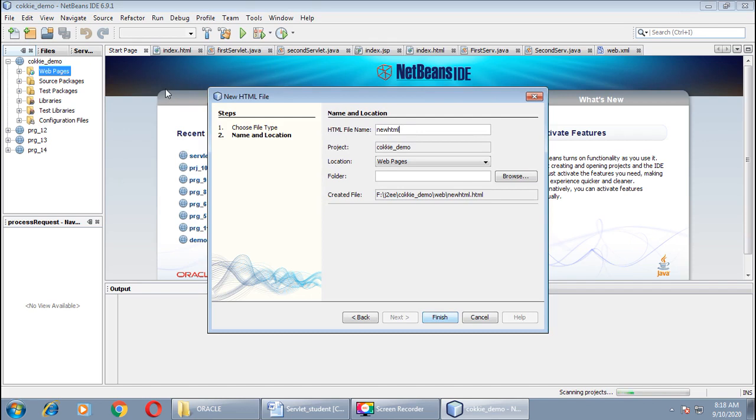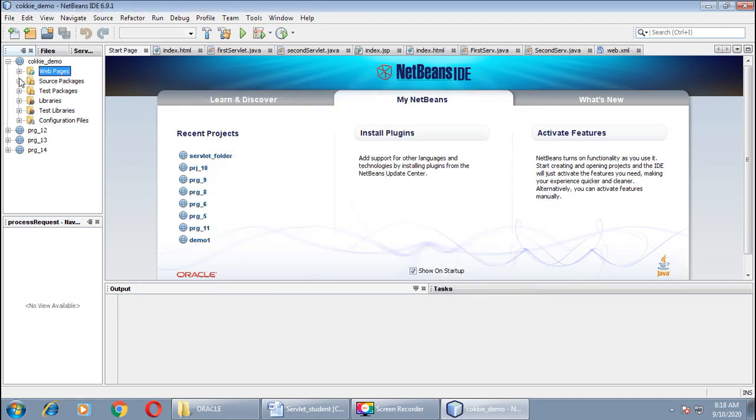This will open a new pop-up window on the screen. Give an appropriate name to your HTML file. As we know that our welcome file is index.html, so we'll define index.html through this window, right?